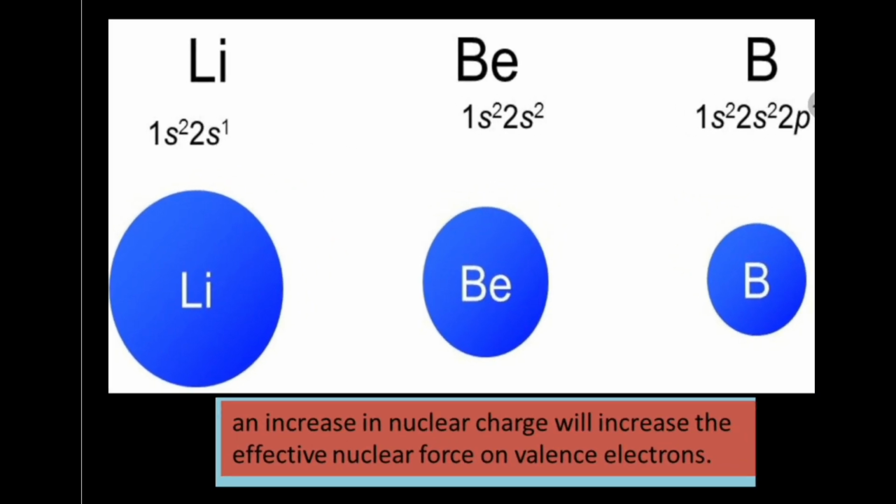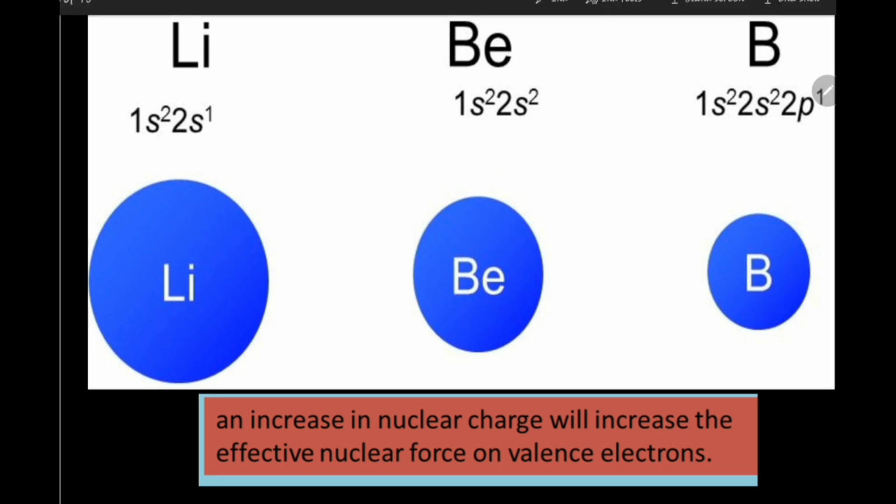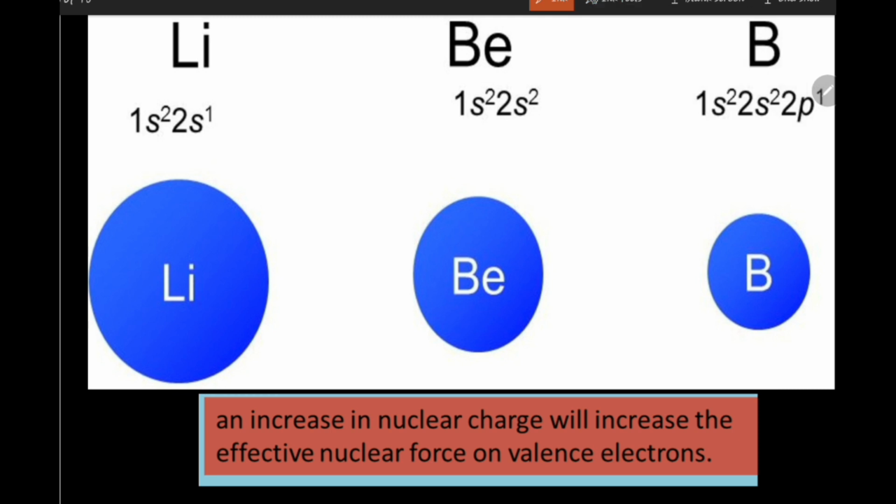First we are going to talk about atomic size from left to right of the periodic table. Now here we have taken 3 elements: lithium, beryllium and boron. Out of these you can see that boron is the smallest compared to lithium. Now why is this occurring? These elements are arranged in a row, and the row has the same number of shells. If lithium has 2 energy levels, beryllium and boron will also have 2 energy levels.